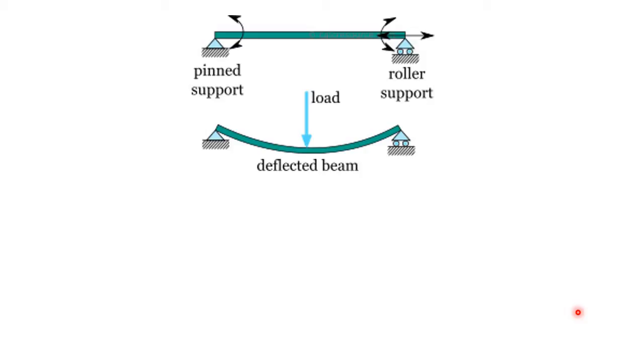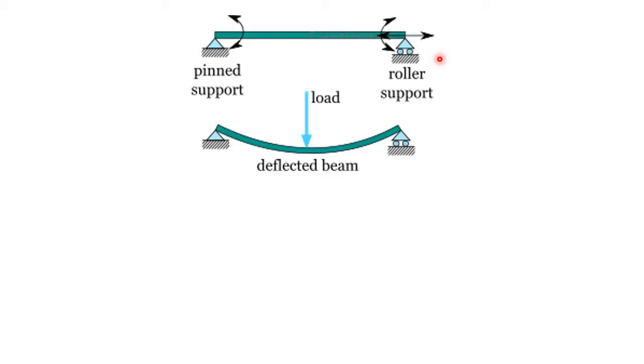When you draw any simply supported beam in your workbook, it looks something like this one. Agree? And here you can see at the left side, this is a pin support, and at the right side, this is a roller support. And what is the feature of this type of support? Of course, this type of support cannot carry any moment. They take only the shear force which comes in the form of reaction from the support.